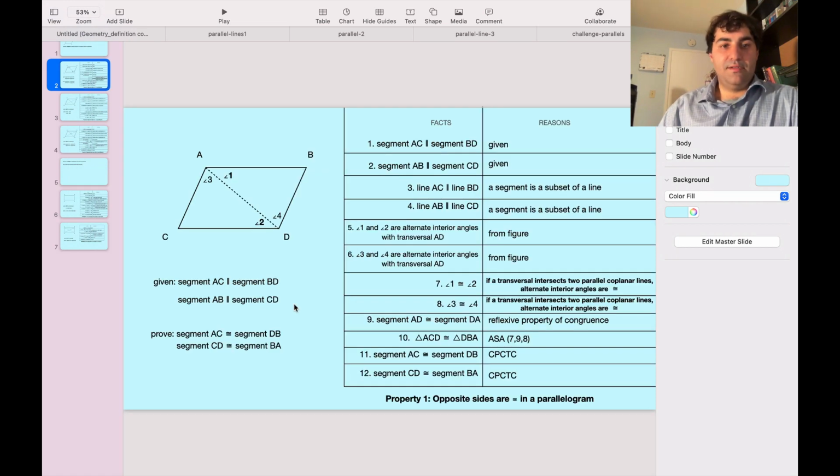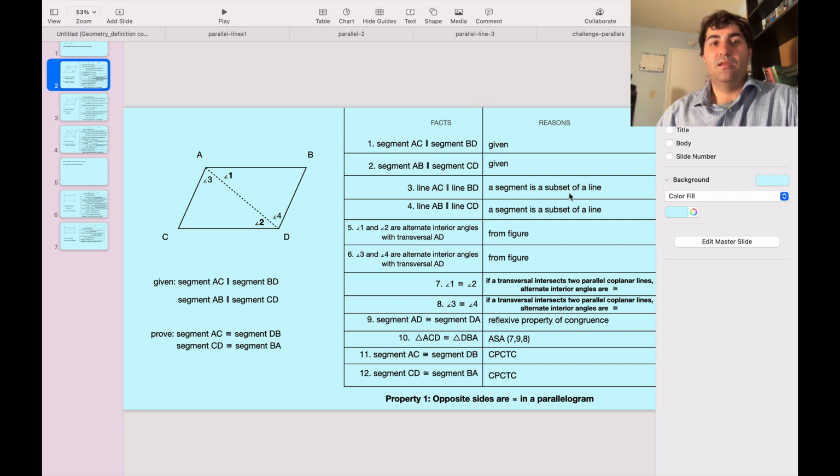Okay, so let's go over this first proof. We're given that segment AC is parallel to segment BD, and that segment AB is parallel to segment CD. I want to prove that segment AC is congruent to segment DB, and segment CD is congruent to segment BA. So I'm going to write down what I know, and I know that a segment is a subset of